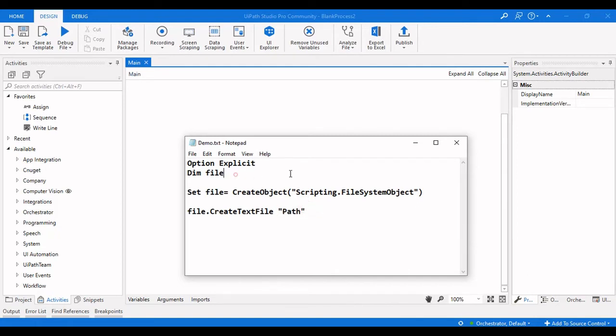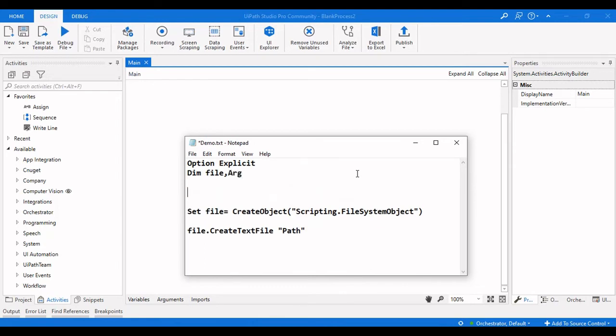We also need to create a variable for arguments, arg, and we need to set this argument for WScript to take the input arguments from the Invoke VBScript activity in UiPath. For that, we need to use WScript.Arguments. This will help us bring the arguments from the Invoke VBScript activity into this particular script that we are writing here.